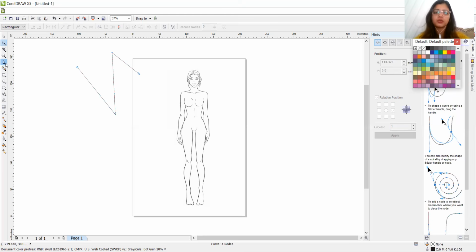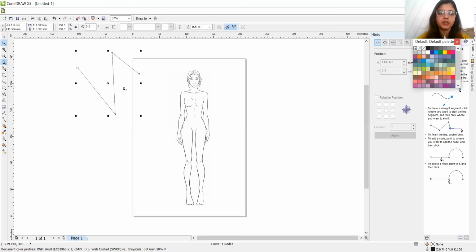One more thing to learn about the pen tool is that these are straight lines going over here. These are not curvy lines. How to make curved lines using the pen tool? So let's click here and then click the left button of your mouse, and you can see अब जो हमारी पेन टूल से लाइन बनेगी वो कर्वी बनेगी.